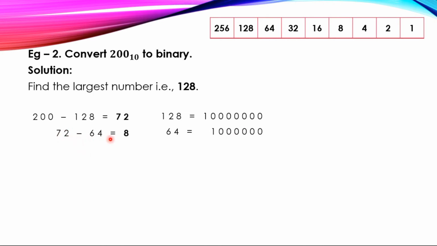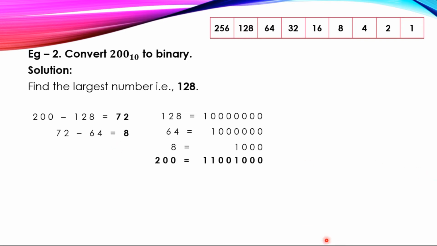Now 72 minus 64 will give you 8. So 8 means this 1 and the rest will be 0. So here you can see 8 means 1 and 3 times 0. Now there is no further simplification because 8 minus 8 will be 0. So here your answer is